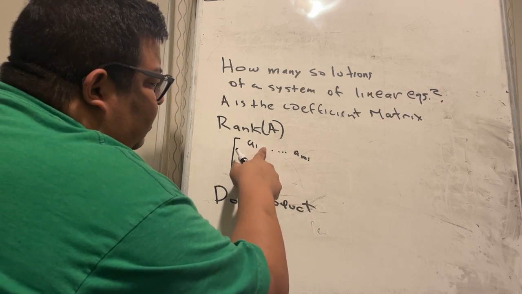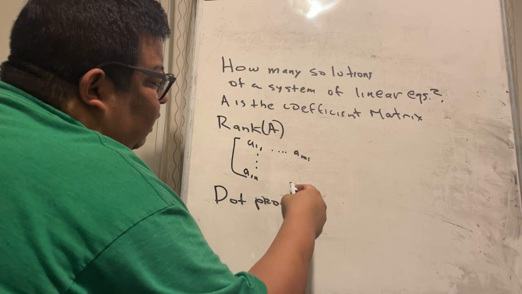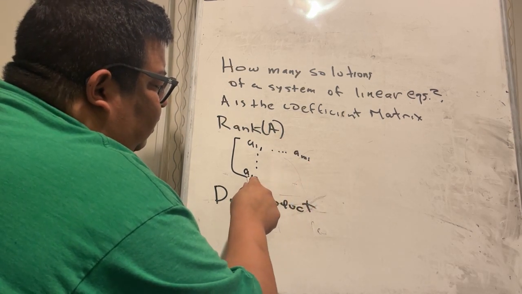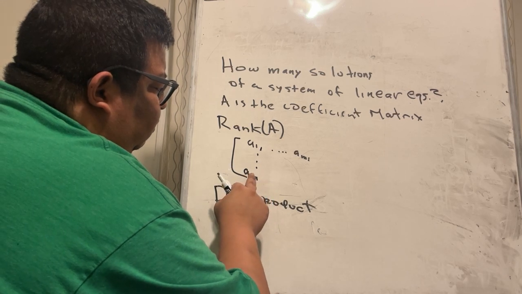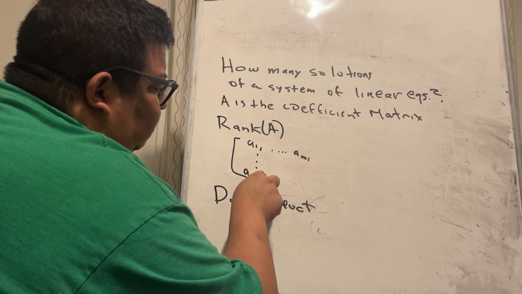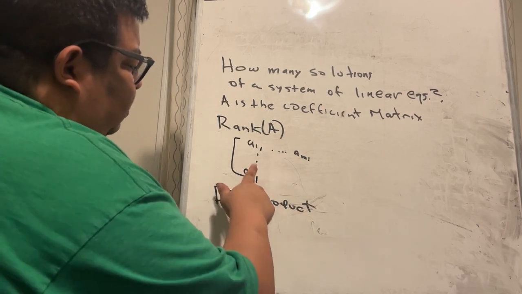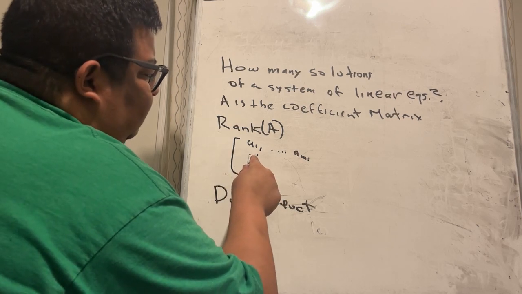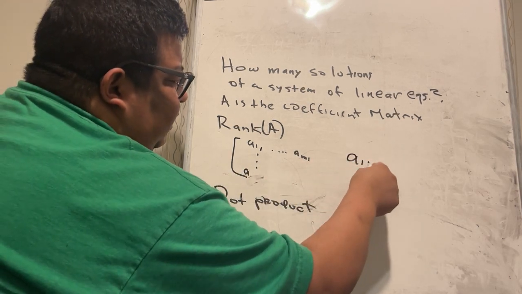We can call this one A11, this will be m1, and this one An1. Okay, so basically, let's do Aij